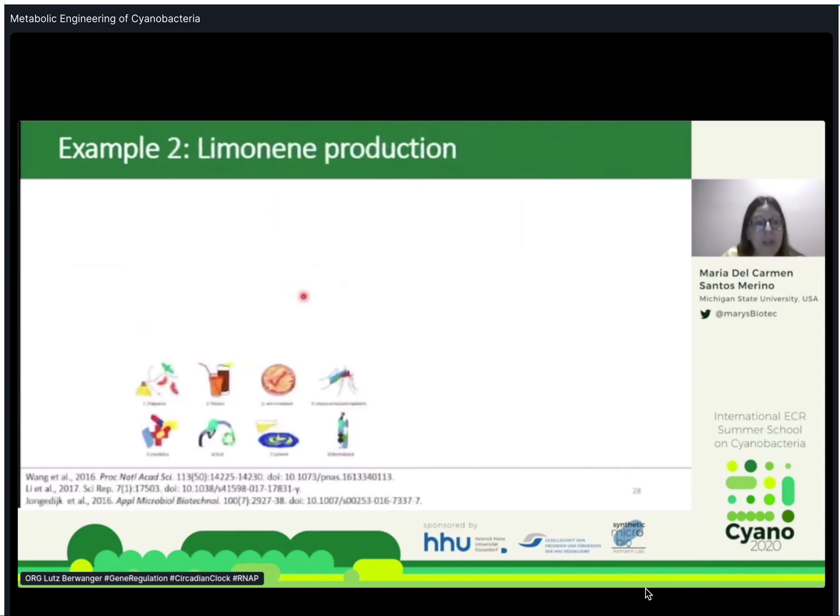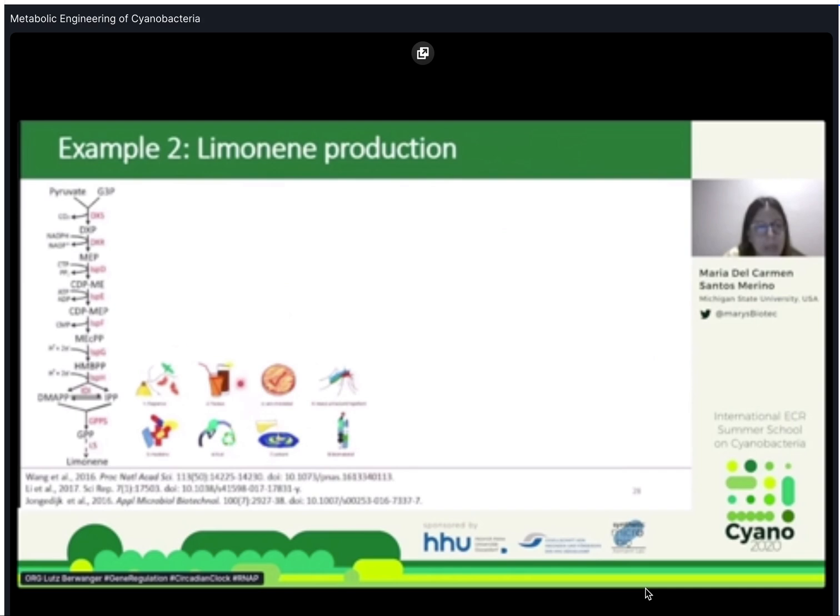In the next example, I'm going to talk about limonene production. I'm going to start by explaining why limonene is a very interesting molecule. It's a molecule that can be used as a fragrance, a flavor in different drinks, applied to biofuel production. In cyanobacteria, we can produce limonene by only introducing the limonene synthase, and using the precursors obtained in the methyl erythritol